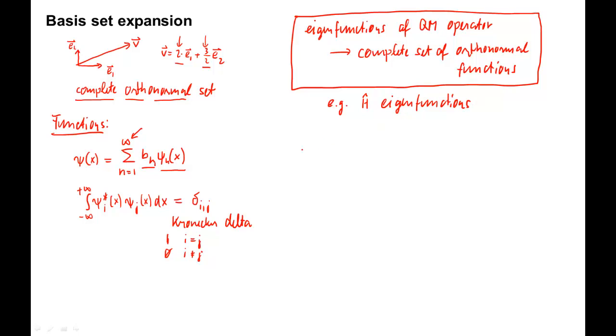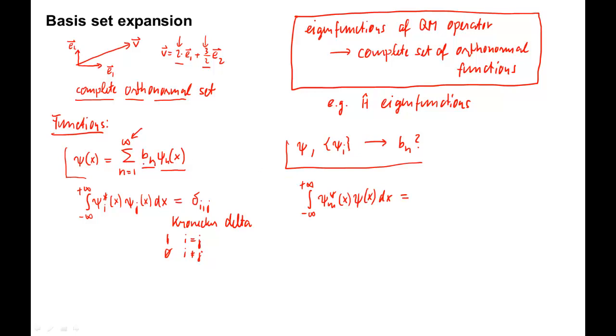For a given general function psi and a given set of orthonormal basis functions psi i, how can we determine the expansion coefficients bn? Here is how it's done. Pre-multiply both sides of this equation with psi m star and integrate over all space. This yields an integral over all space from negative to positive infinity of psi m star of x psi of x dx